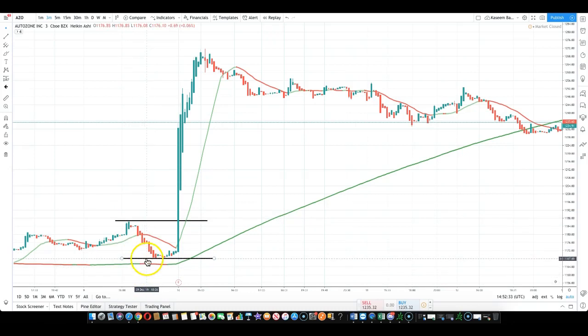So if you're watching this and you were looking at it from this point, the first thing you want to do is draw the top, right? Because this is the very top. Price cannot get any higher than this, right? So you want to draw the top, and then